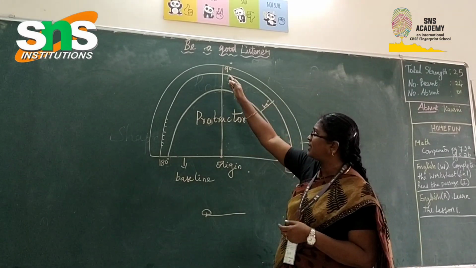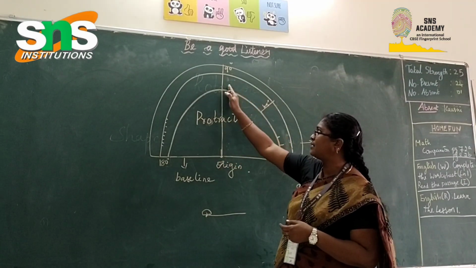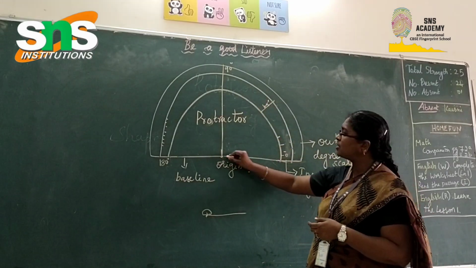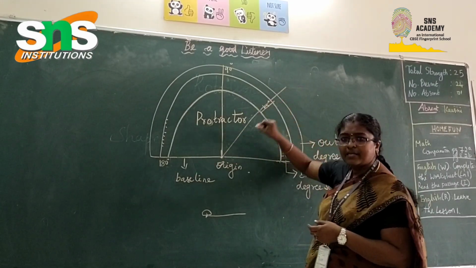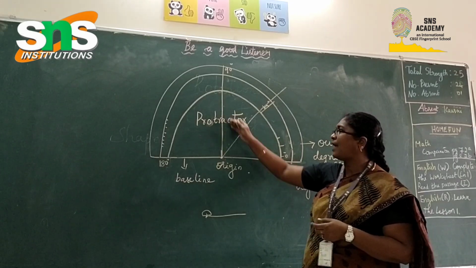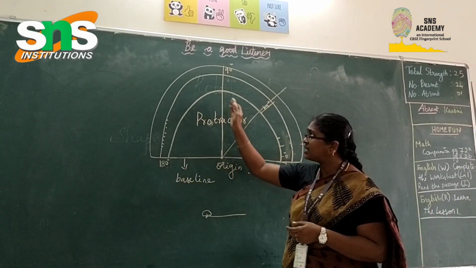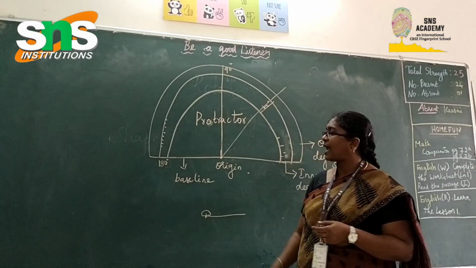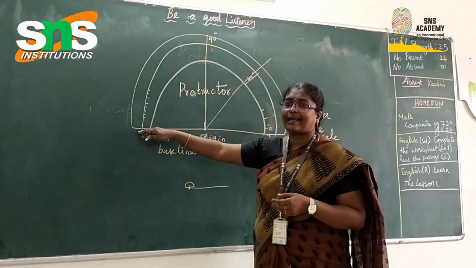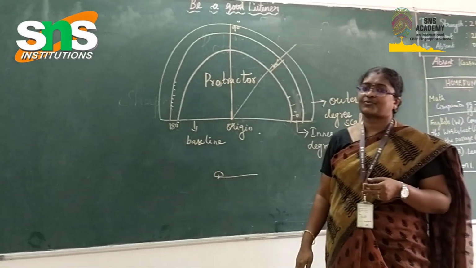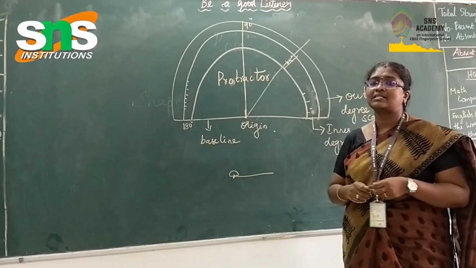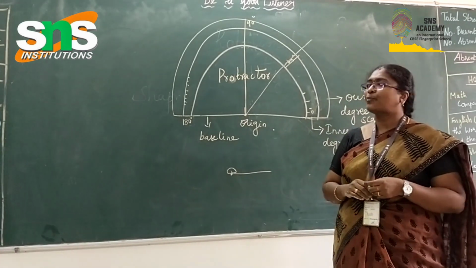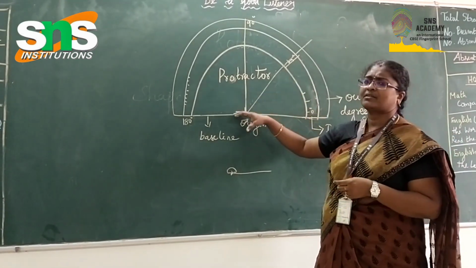See, I have made this line of symmetry as 90 degrees, and this half I have divided into 45. So this 45 is what angle? Yes, you are right, it's an acute angle, and this is your right angle. When it is more than 90 degrees, you call it an obtuse angle. And when it is on a straight line, you call it a straight angle. So these are the four angles we will be measuring with the protractor. Okay, so the protractor has too many numbers, so you have to be